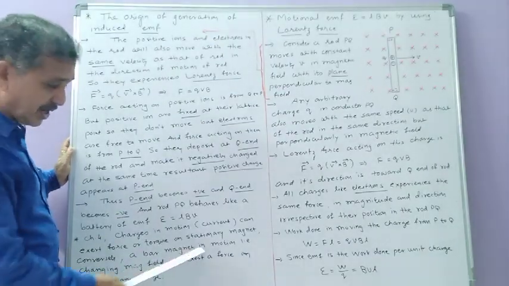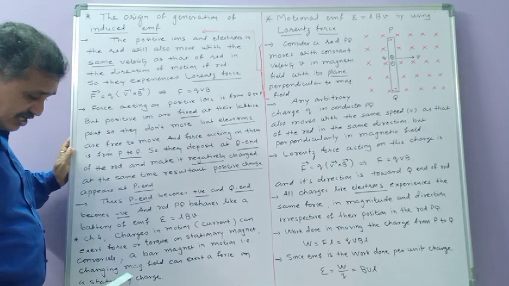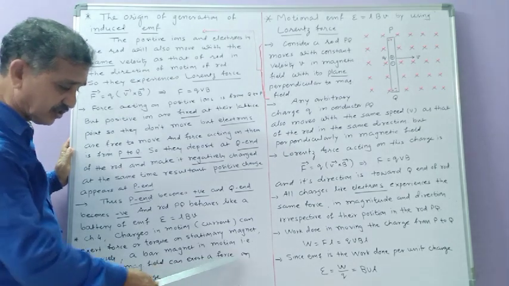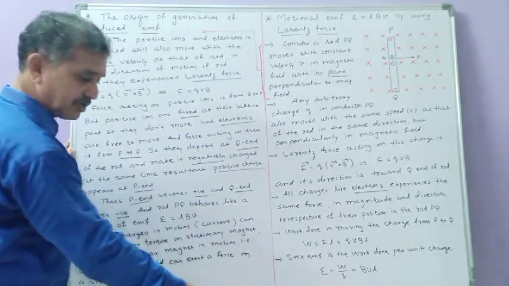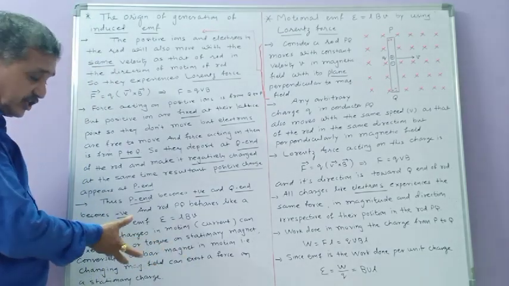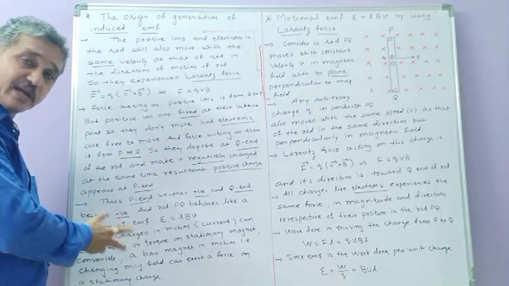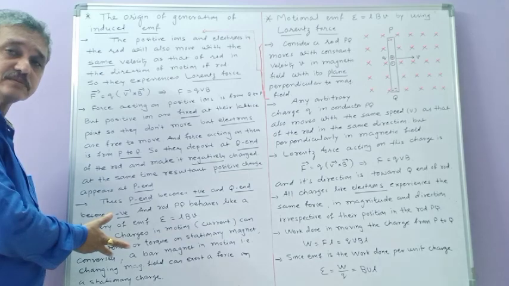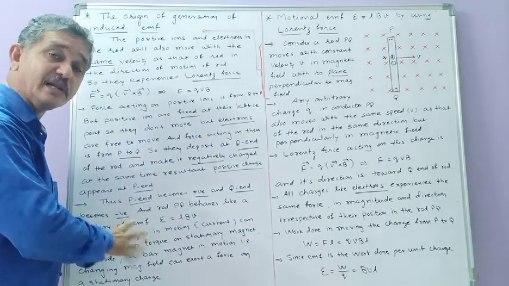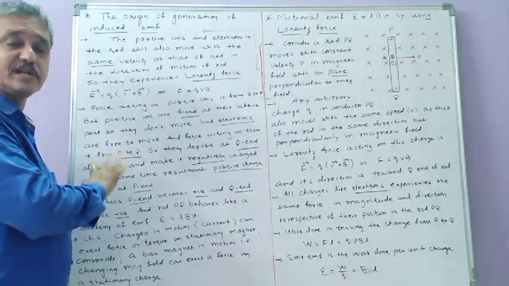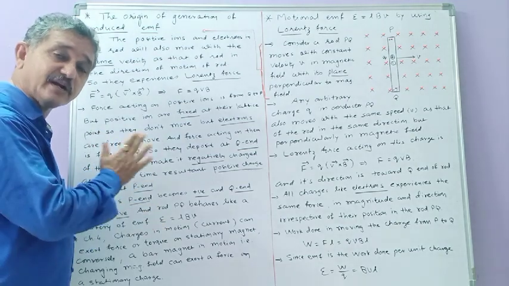इस तरह का ऐसे फोर्स लगता है. तो देखिए, ये bar magnet in motion, that is a changing magnetic field, can exert a force on a stationary charge. So thus you can say that from this point of view, electricity and magnetism are related with each other. तो electricity से magnetism create होता है, magnetism से electricity